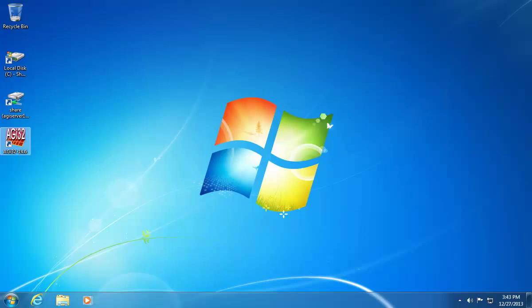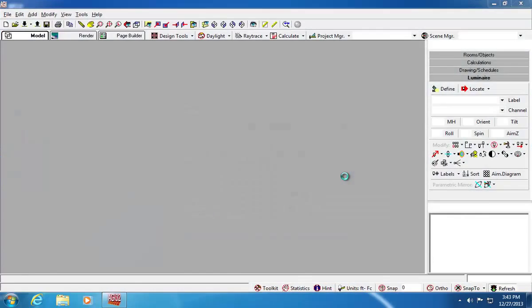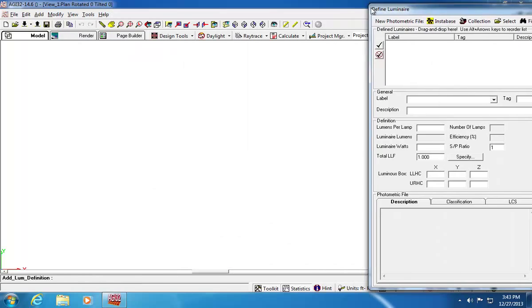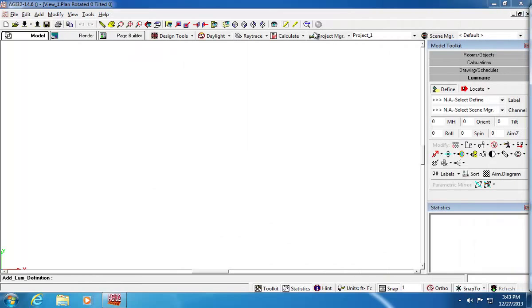So let's say you open up AGi32 and you try opening some dialog. I'm going to use Define Luminaire here as an example. And the dialog just doesn't appear on your screen. Yet down here in the corner it says add luminaire definition. So you know the dialog's open, but no matter what you do, it really appears like the program has locked